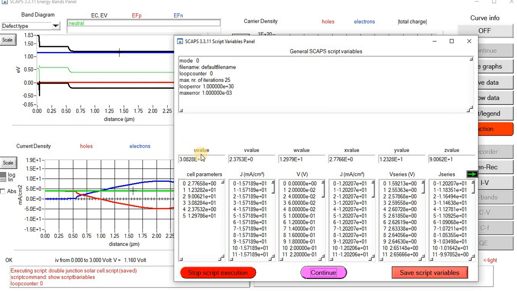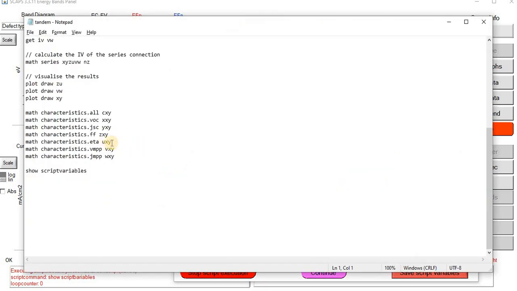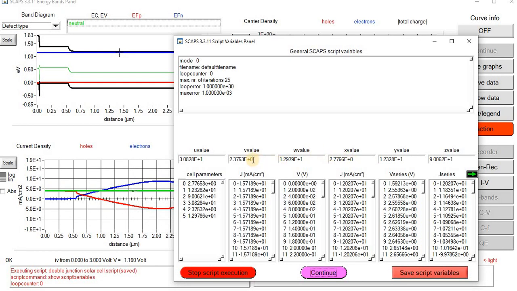Okay, now I got the U variable as well. So the U variable gives me efficiency. Here is my U variable. My efficiency is approximately